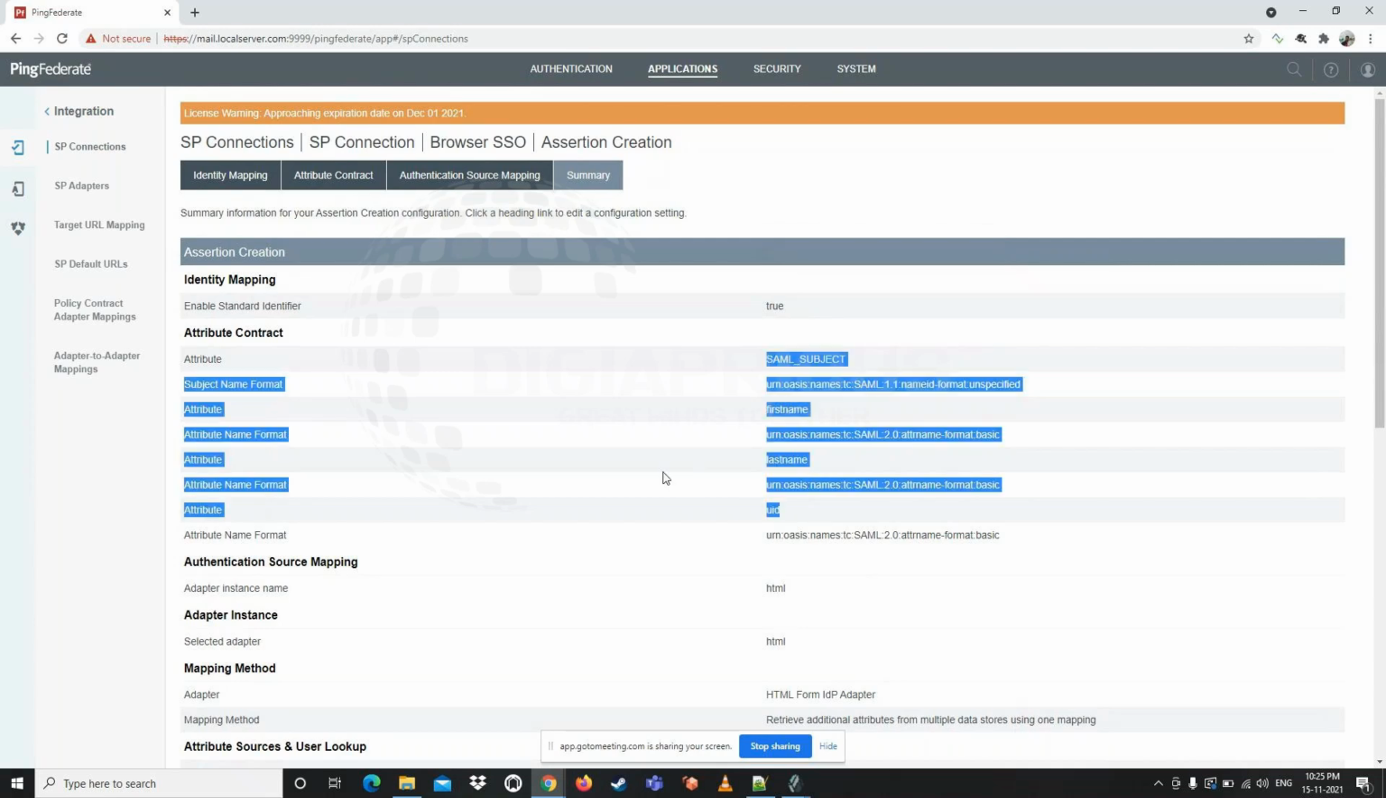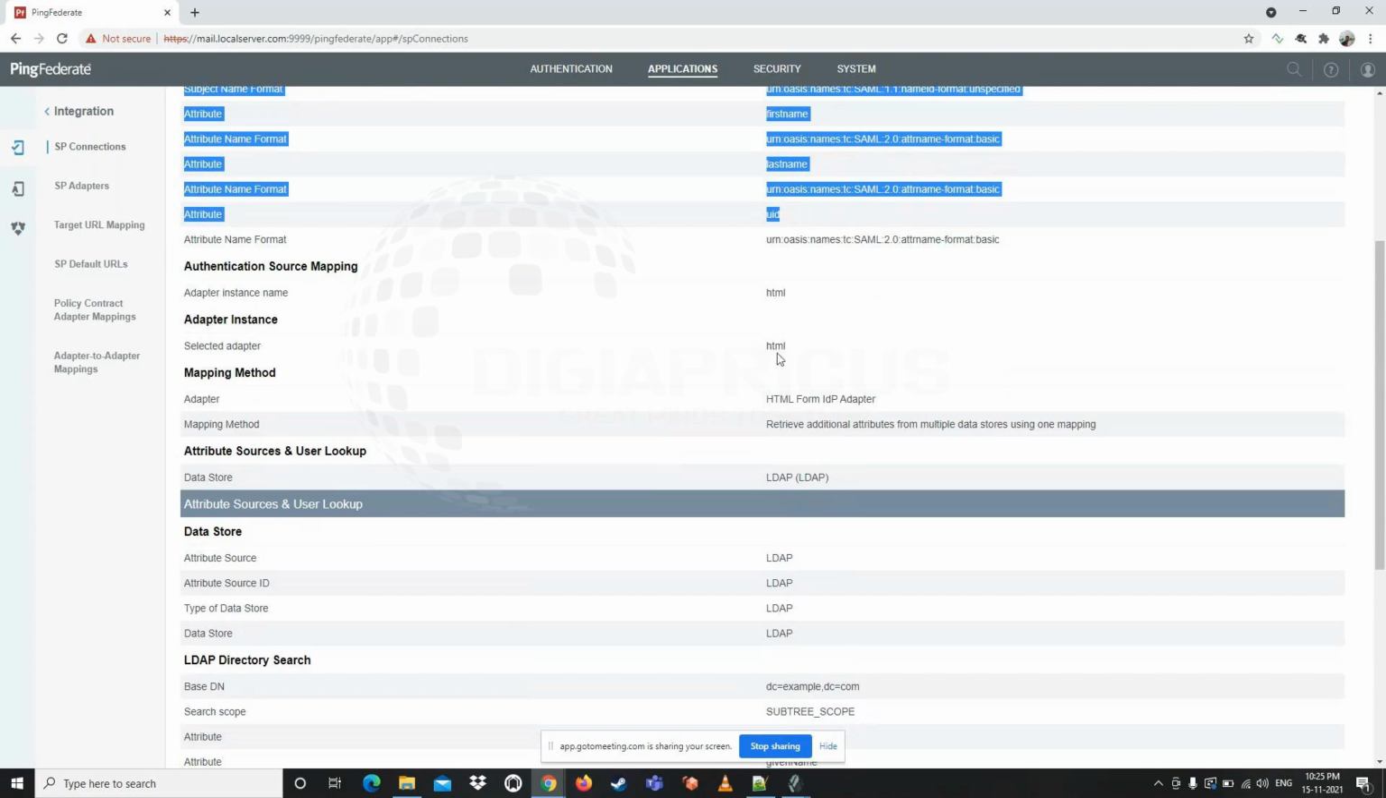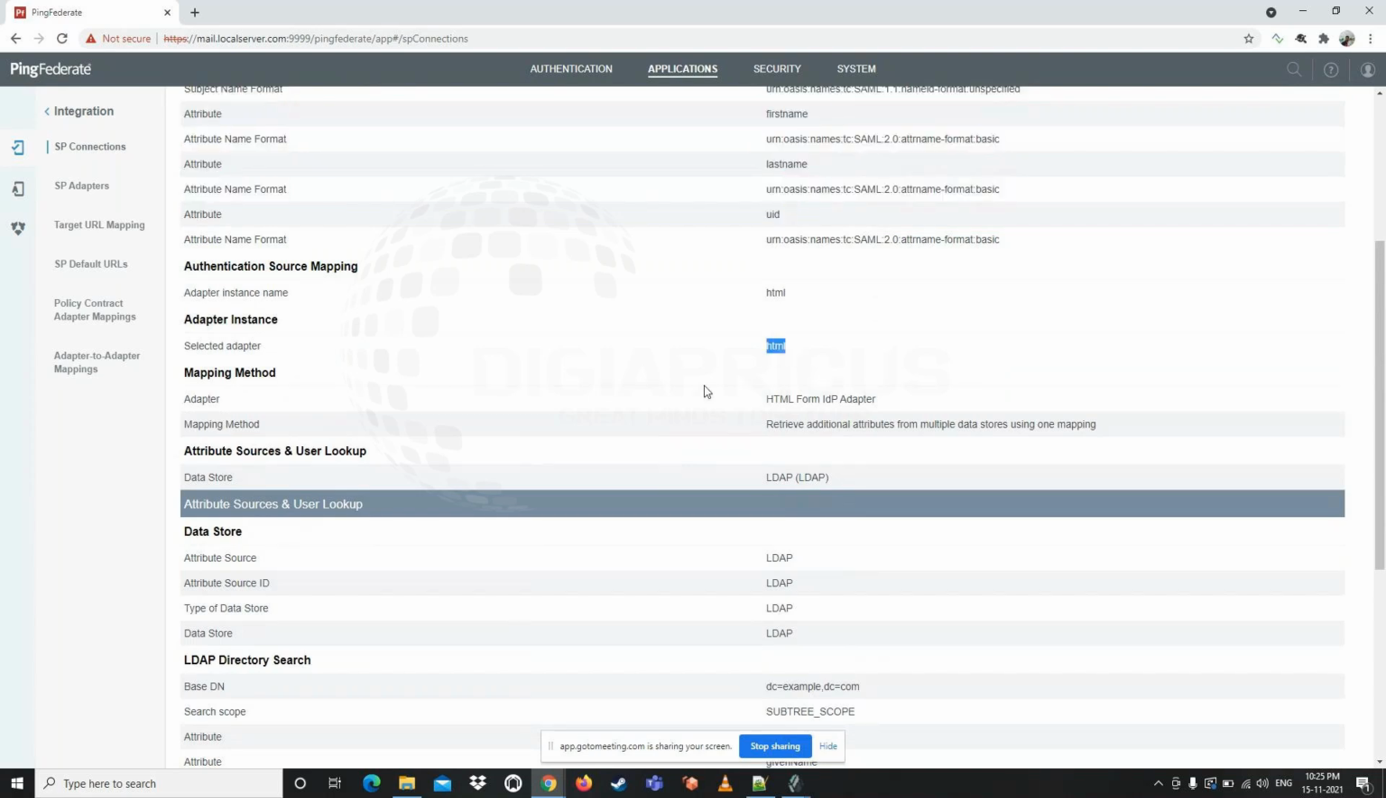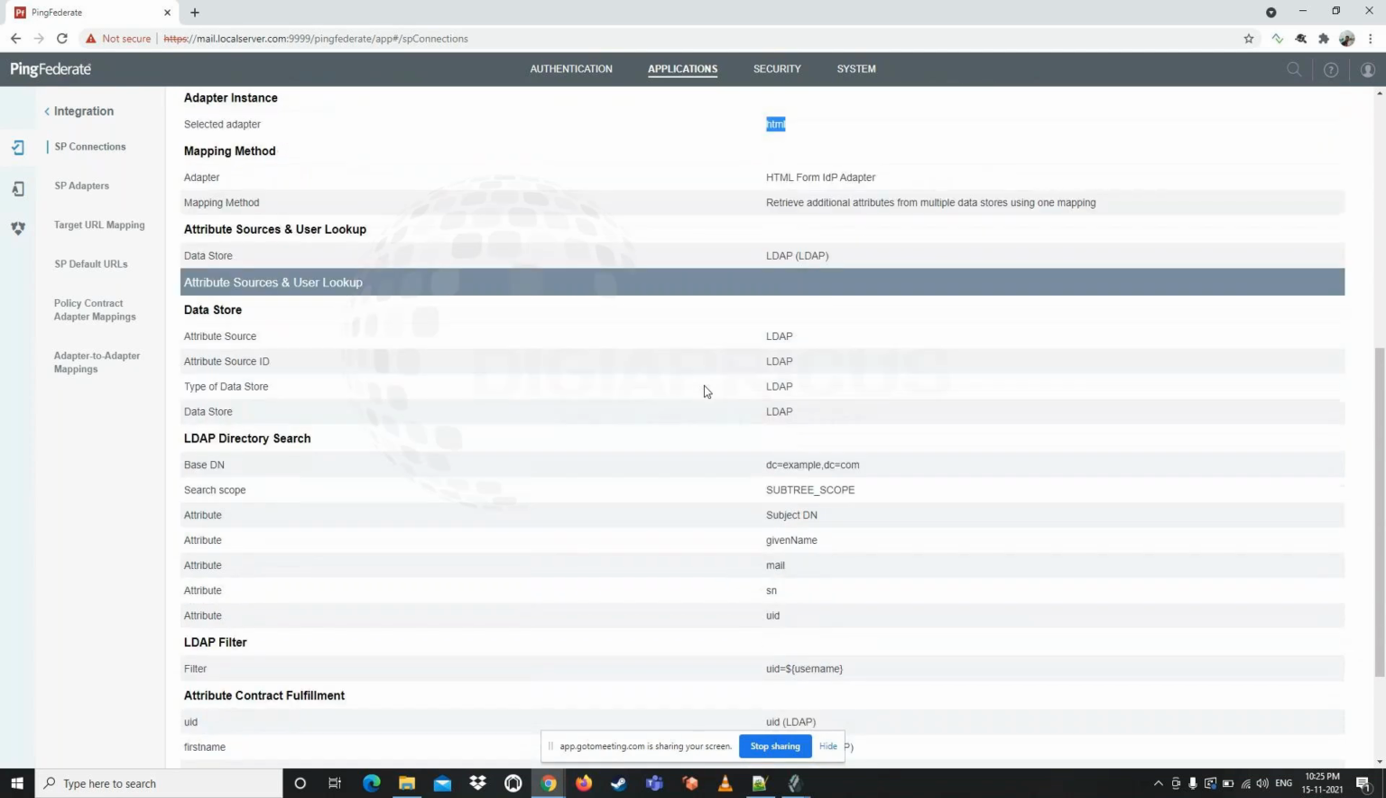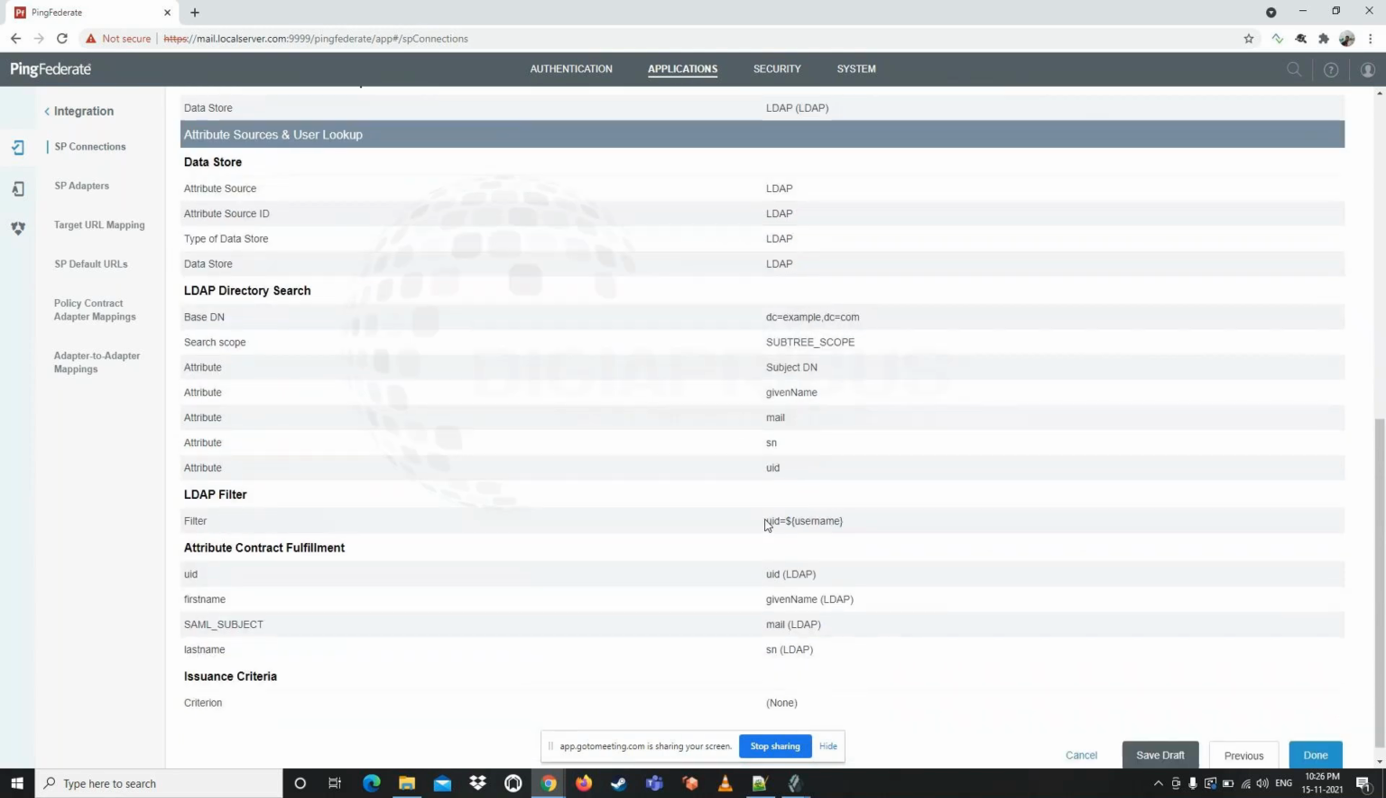Now if you scroll down, they are asking to map the HTML adapter. So we map the HTML adapter. Then we can't get the first name, last name, and mail address from the adapter itself. So we have to choose the data store and get the attributes from the data store, that is the LDAP. That is why we have given the source as LDAP, with the source ID. That is a type of data store, and then the data store which you have given. The next thing is that we need to give the LDAP filter, and the attributes we need from